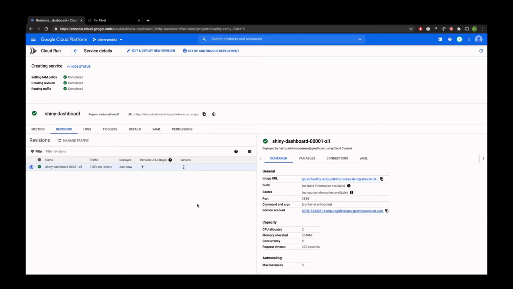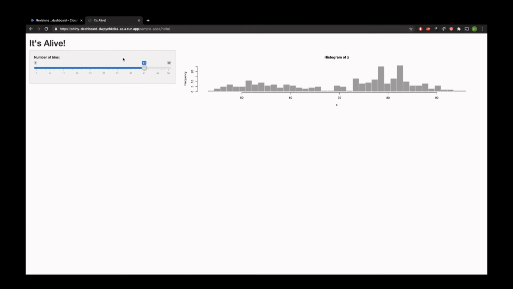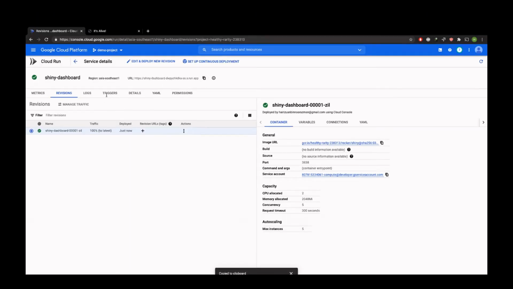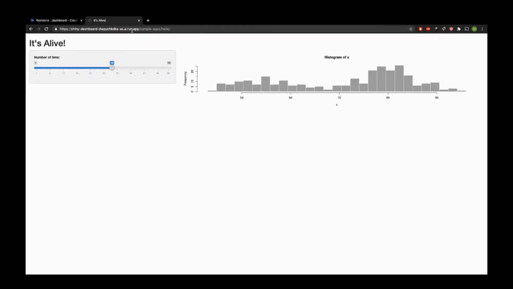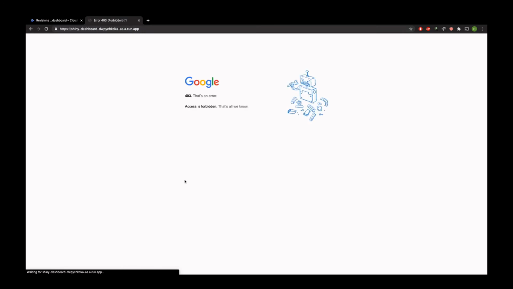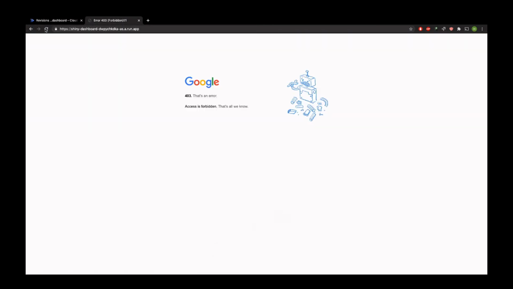So now we have the service deployed. We can try to access it this time around. We can actually ignore this. First thing we copy, we'll need to reload the page. Just now the page hasn't been reloaded, so that's why it's no problem. But now if we try to access it, as you can see, forbidden. So we can't access it anymore. Don't forget, we now didn't allow access from the public. We only allow access from internal traffic as well as